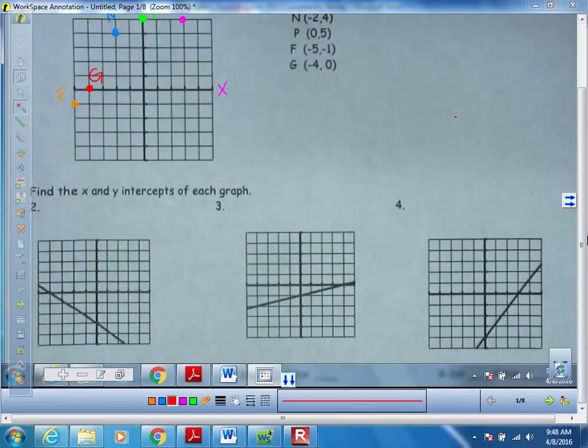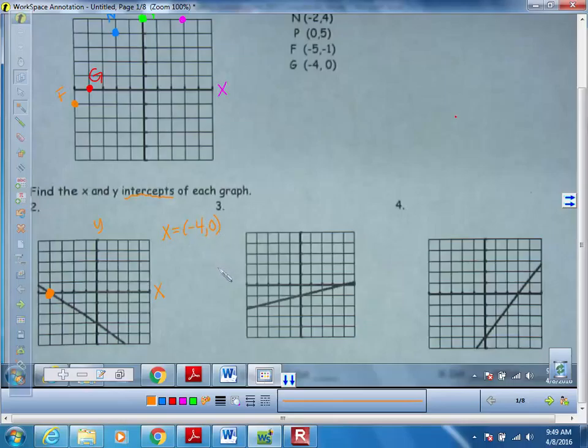The next thing that I want to look at is finding x and y intercepts. Okay, do y'all remember what intercept means? Very good. Where it crosses or where it intersects the x and the y-axis. So y'all told me that the x-axis goes side to side, the y goes up and down. So at what number does it cross the x-axis? 1, 2, 3, 4. So my x-intercept,